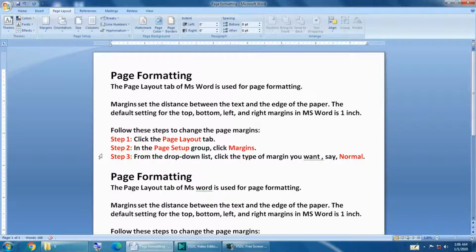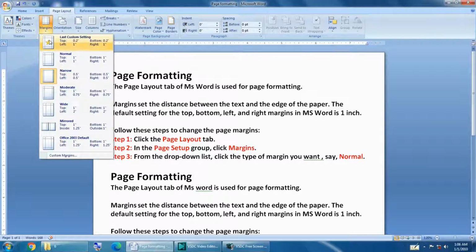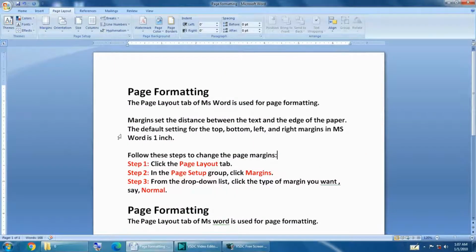Follow the steps to change the page margins. Step 1. Click the page layout tab. Step 2. In the page setup group, click margins. Step 3. From the drop down list, click the type of margin you want, say normal.